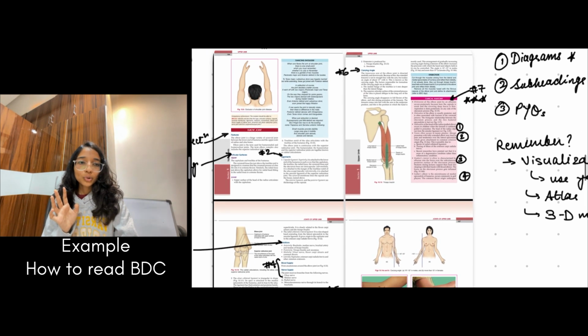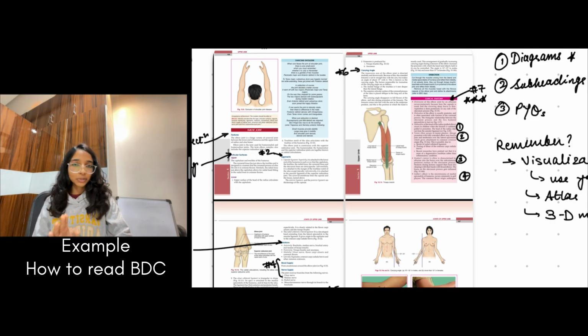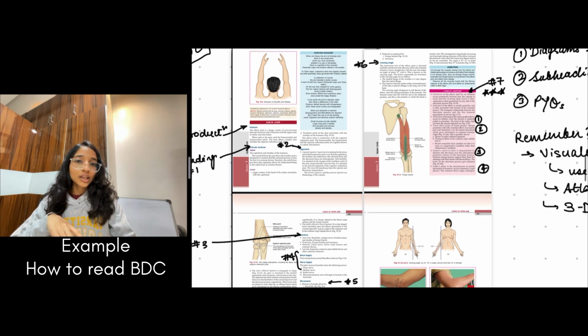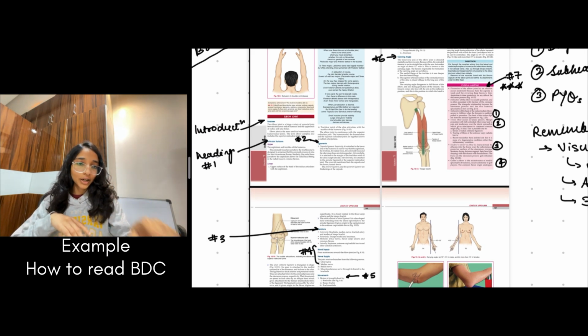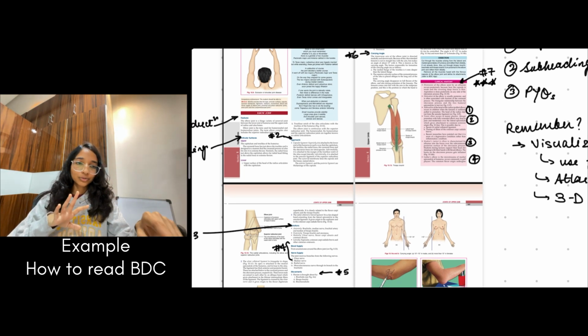So, most important here is that you know your diagrams. As many diagrams as you can make. Practice your diagrams, draw your diagrams, make sure your answer sheet has more than enough diagrams. Those fetch good marks. Second thing, you need to know the subheadings under which you will explain the topic, right? So, for the elbow joint, these mentioned parts are your subheadings. And lastly, the PYQs, right?